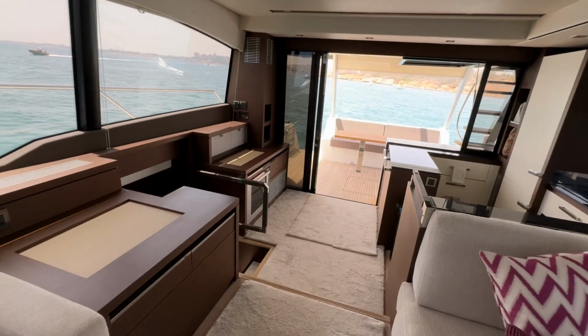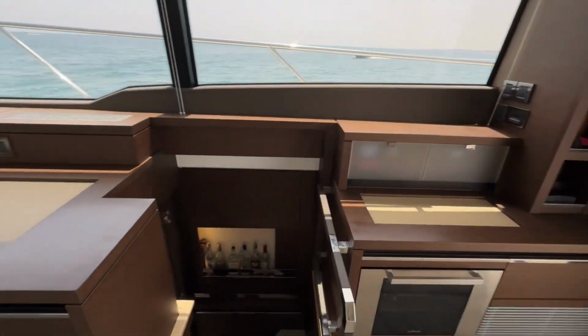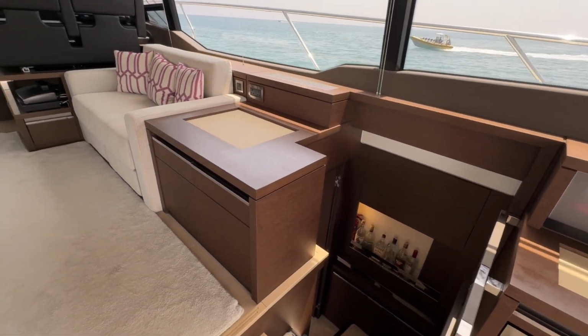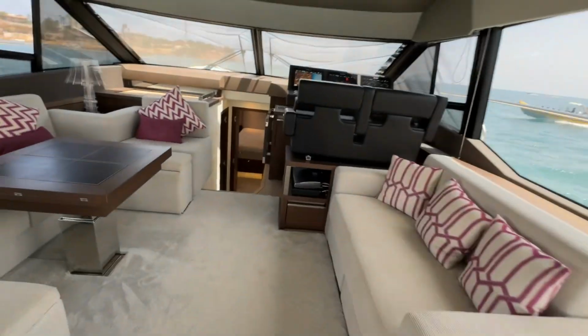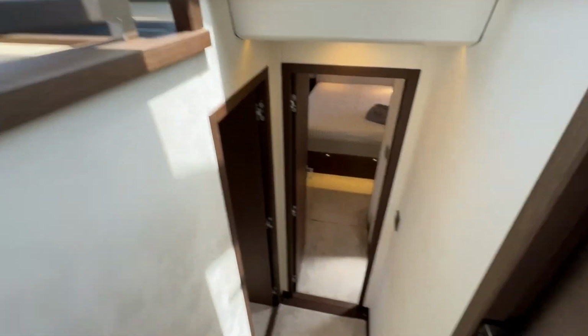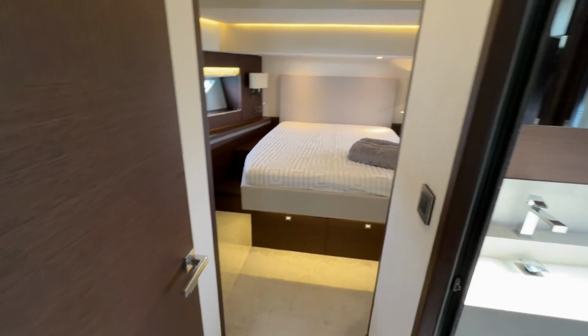Now, onto the accommodation space. So what's special about this yacht compared to other yachts that are in this market? You have access to the full beam master cabin through here. However, let's start with forward VIP, because arguably for me it feels like a VIP cabin. It feels like a master cabin. So as you come forward here, you've got your door